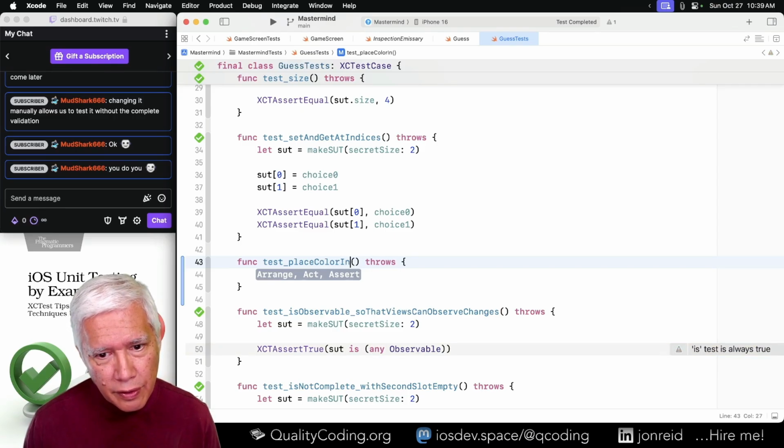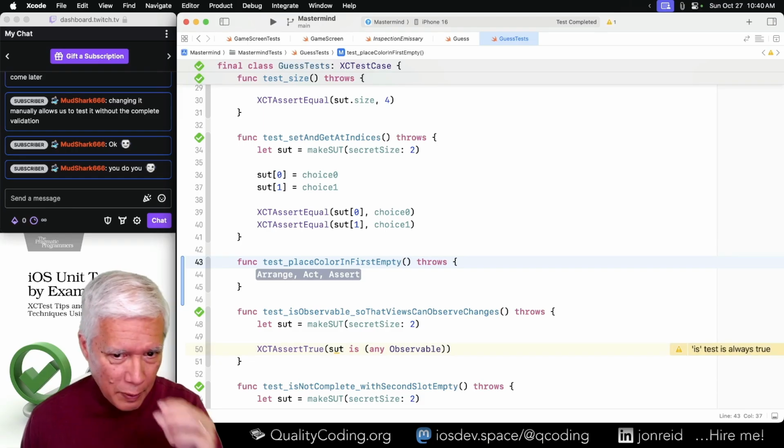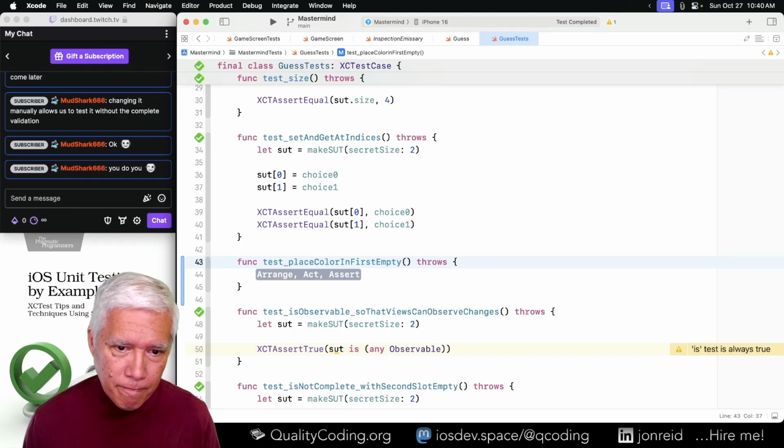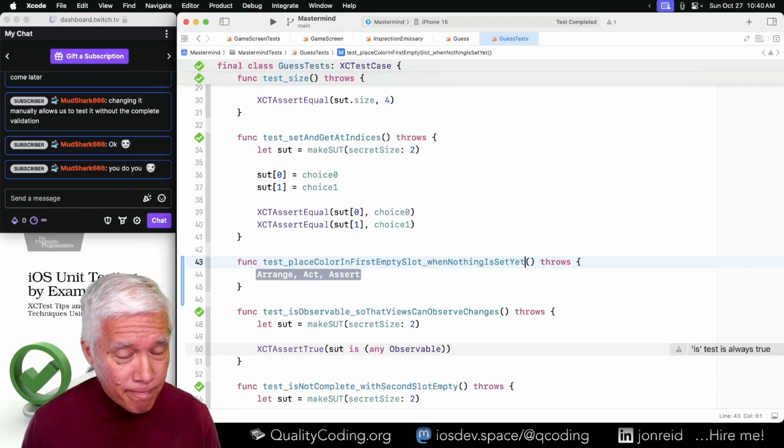Place color in first empty slot when nothing is set yet. Something like that.